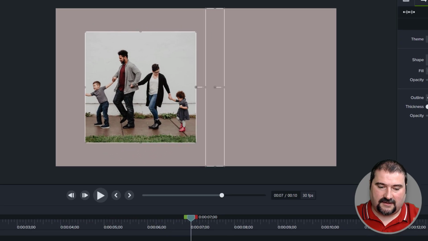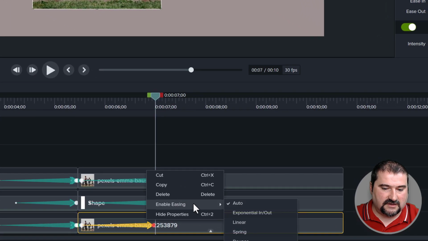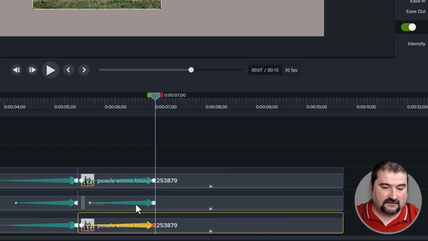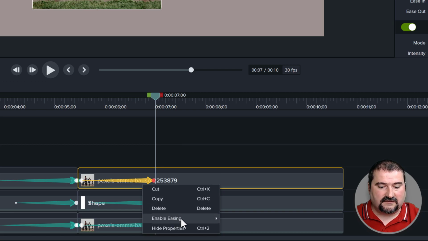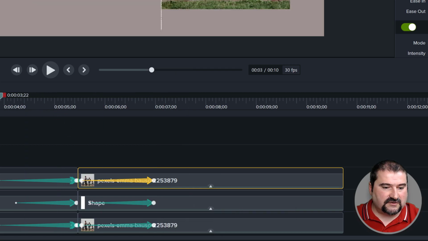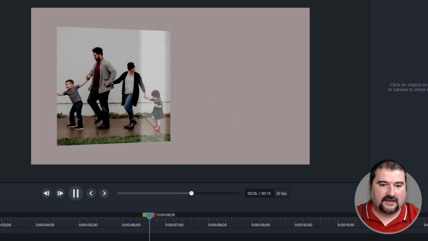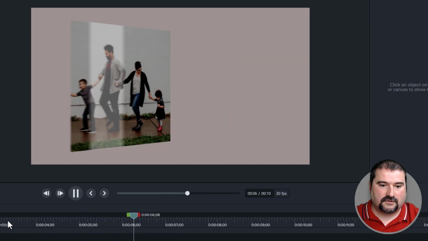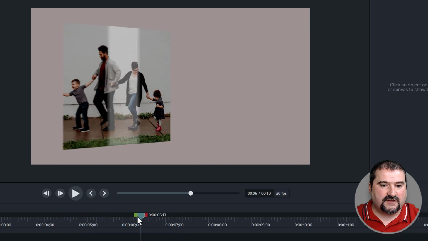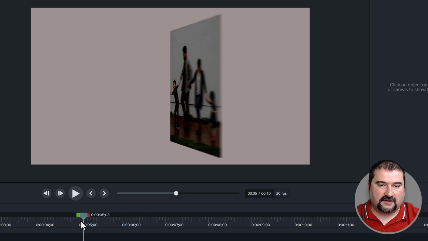One thing I forgot, and you probably noticed, is that I need to turn this animation to linear easing, all of them, right? Because they need to move at a constant speed so that the separation between them doesn't appear. It's not so apparent. So there we go. Straight, and the page flips at the same speed. Let's watch this again. Beautiful. When you design this, you must make sure that the top of the page doesn't come out of the top of your screen, right? Because you don't want to clip this book, okay?